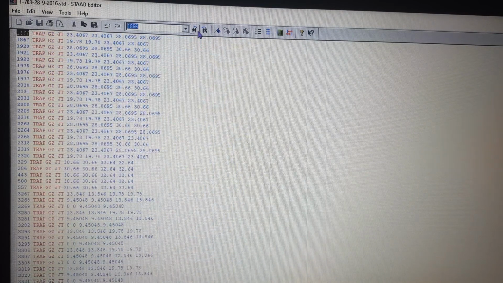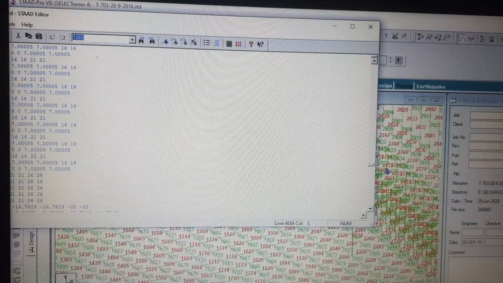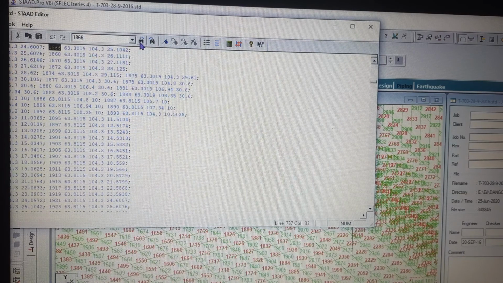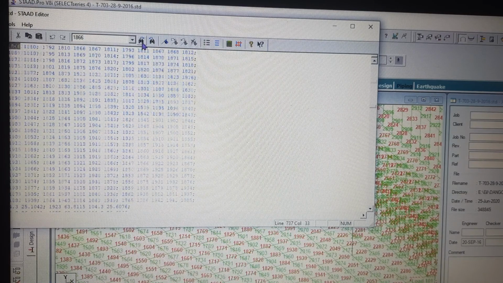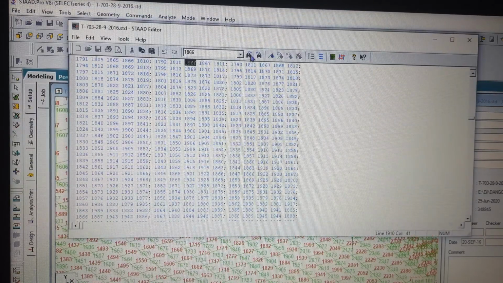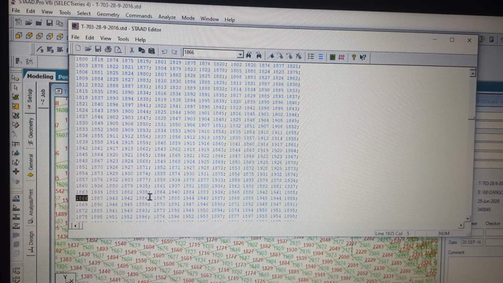Next I have to go to the initial part and then click on 1866, and now you will be getting the node 1866. This is the node, node 1866.